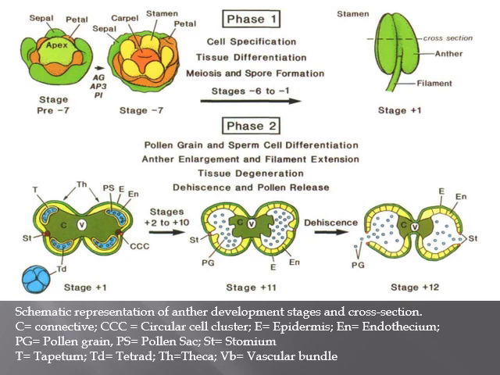So in this lecture, I have told you what an anther is, what a pollen grain is, and how the development of the anther takes place, and how meiosis and mitosis play an important role in the formation of the anther. And then the last phase is the dehiscence, or the release of the pollen grains from the pollen sacs, so that later on pollination takes place and the cycle continues. So it is all about the development of the anther in angiosperms.